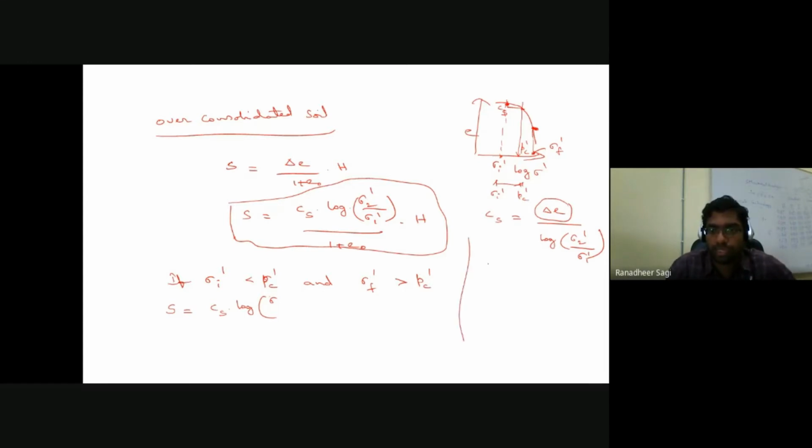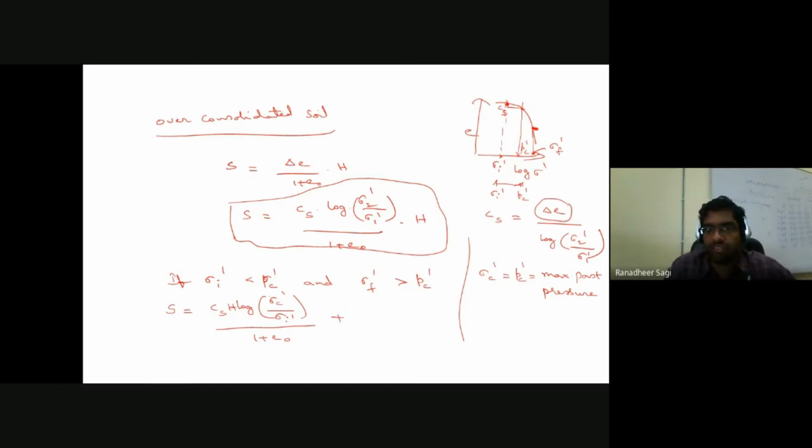So in the expressions, wherever I write sigma c dash or p c dash, both are representing what is called the maximum past pressure, or I can also say pre-consolidation pressure. Okay, so this is nothing but sigma c dash by the initial effective stress, sigma i dash, into H, so Cs into H into log of that term divided by 1 plus e naught, plus